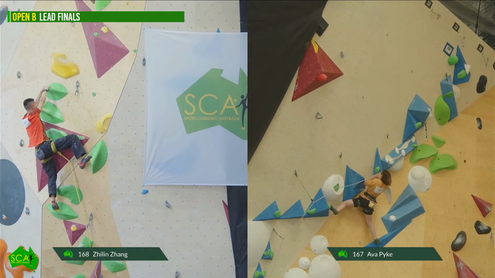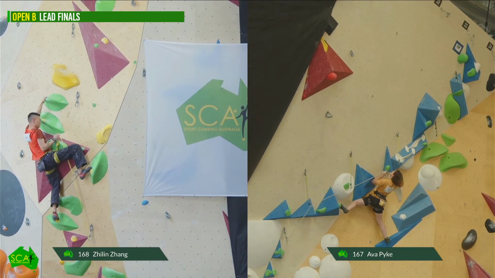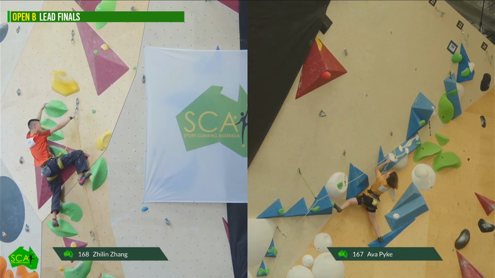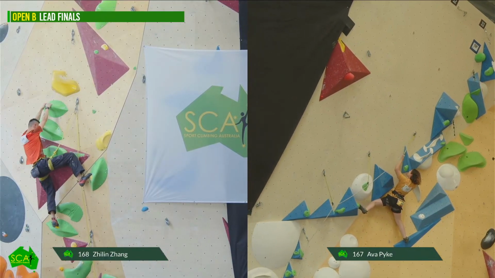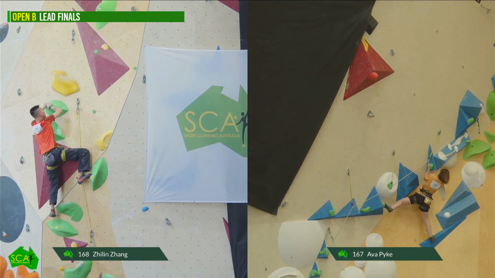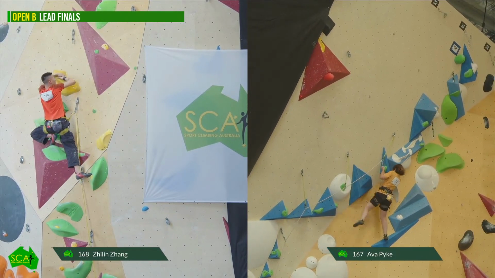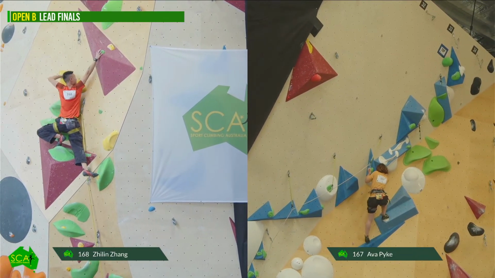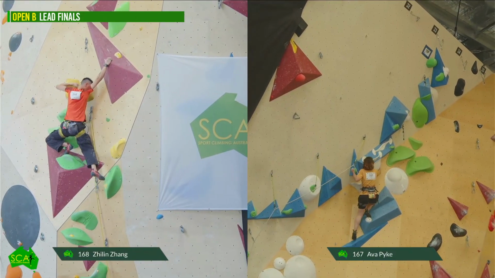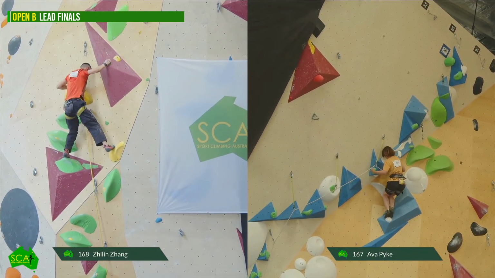Start to see she's getting a bit of a pump now, so you want to try and stay on your feet. I was going to say clipping from here is okay, but the next clip looks kind of hectic. It always happens too. You really got to try and get your clips as efficient as possible, because it does take a little bit of time and energy out of your climbing.